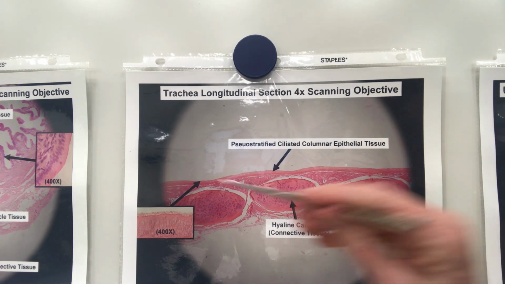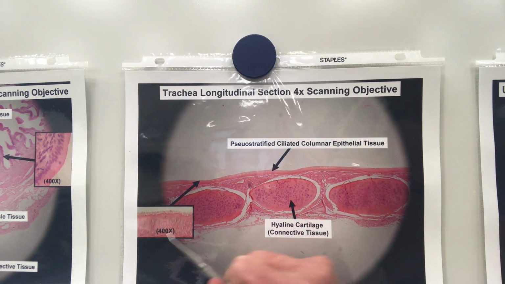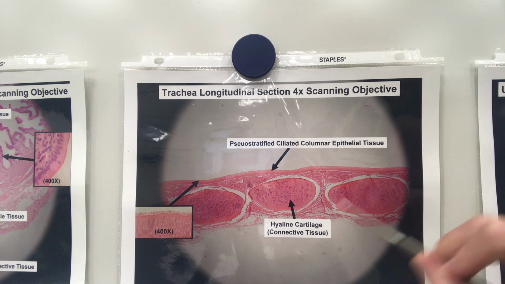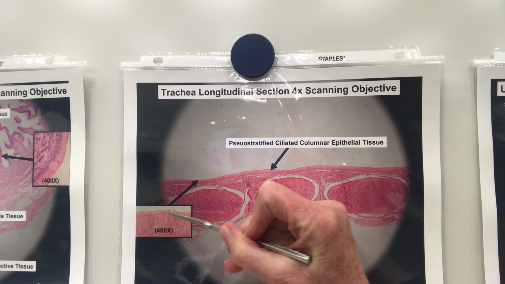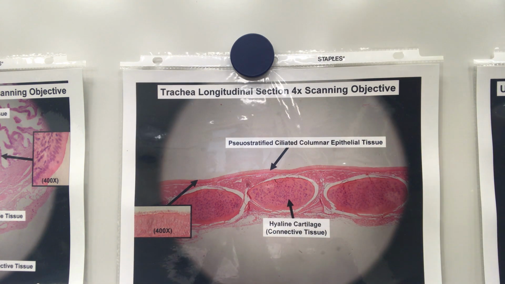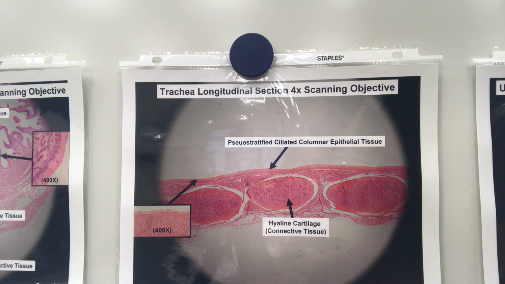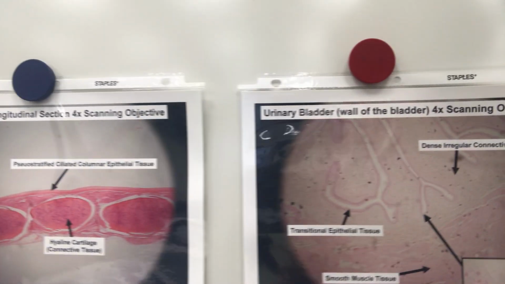And then we have the pseudostratified. Your pseudostratified is going to be found in your trachea. We have a longitudinal section of the trachea here, and you can see a little furry border right along the edge. Again, these will all be magnified at a high level of 400x when you look at these in the slides or on the pictures.